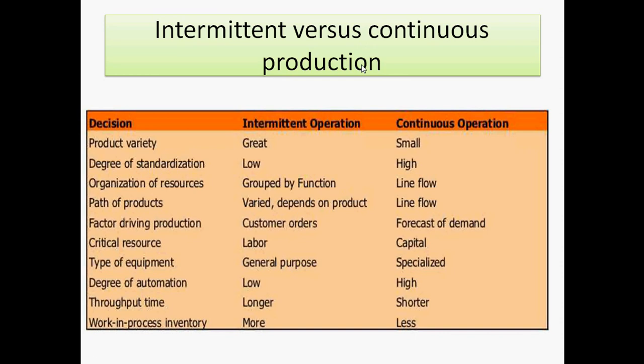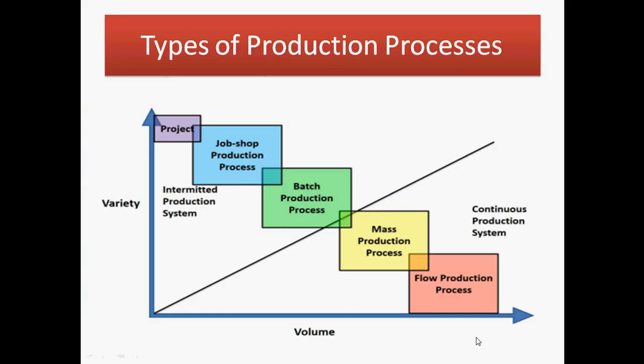So here we are observing different manufacturing systems. In that we have categorized intermediate and continuous. So we'll observe it in a graph also. This is the graph, where we plot volume versus variety. Okay. So here are the different manufacturing systems we use. Two parts we have categorized: one is continuous and another is intermediate.